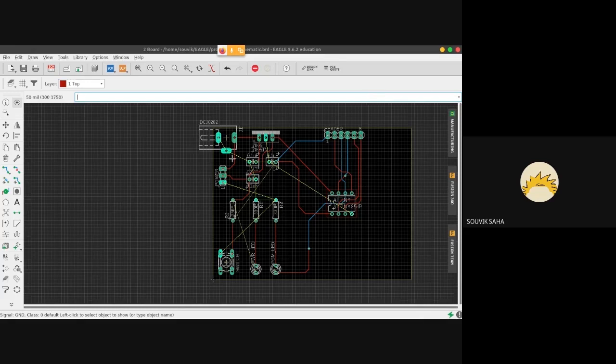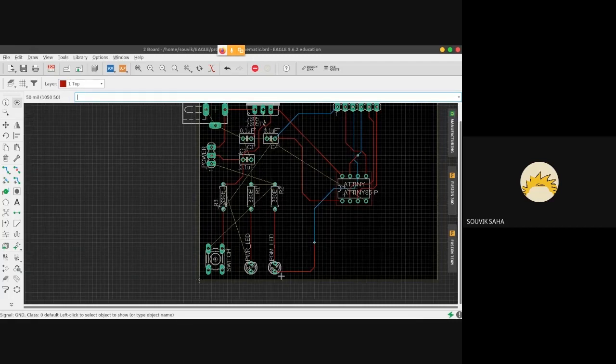And one more thing, if you all have noticed, there's a lot of blank space over here. I don't need the PCB to be this big. And why should a smaller PCB be preferred? Because for one, it's obviously cheaper to manufacture a smaller PCB. And yeah, why would you need a big PCB when you can do the same thing in a small PCB? So if you want, you can try and reduce the size as much as possible, but that's your wish. For demo purposes, this is good enough.